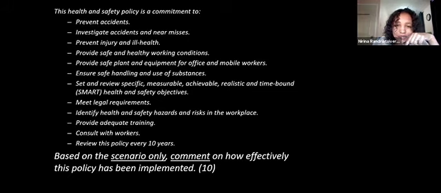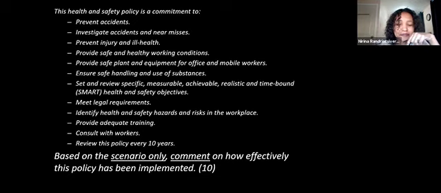Investigating accidents and near misses. Was this done or not? No. Why? Because many near misses happened before and they were not recorded, they were not investigated. There is some information about that in the scenario. And so on. Providing safe and healthy working conditions. No. Why? Because there's some problem in the parking area, no proper lighting, not enough space for all their moving equipment. What else? Meeting legal requirements. Was this done? No, because there is actually a breach of law because the company did not communicate the policy as required. Something like posting it on the notice board was not properly done.